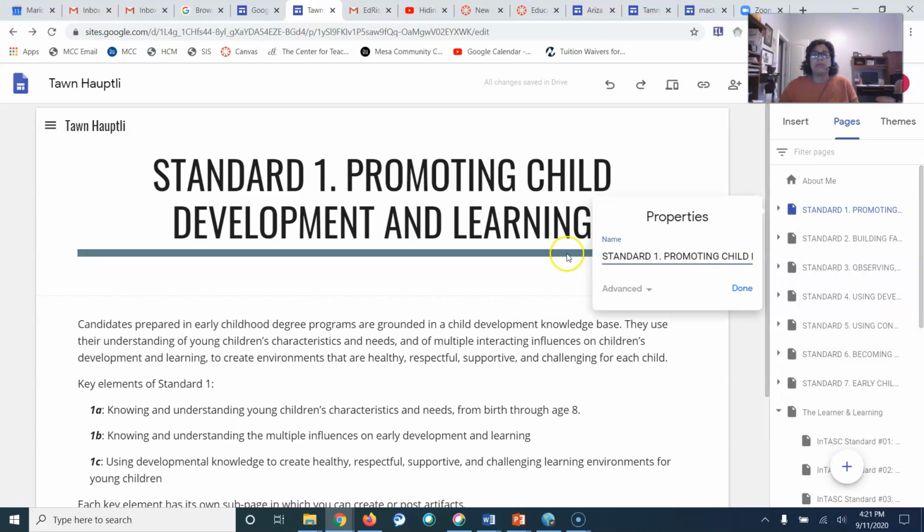So here I'm clicking Properties, and if you notice, it's all uppercase. Well, that doesn't look very good. So what I'm going to do is replace the text so that it is sentence case and that it looks a little more attractive. Now note that the header is not changing, but I will show you